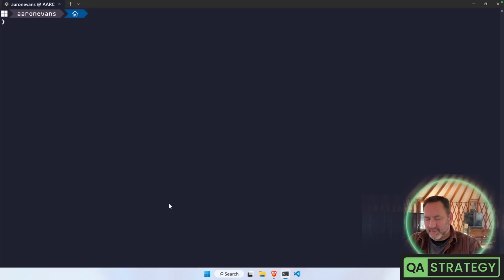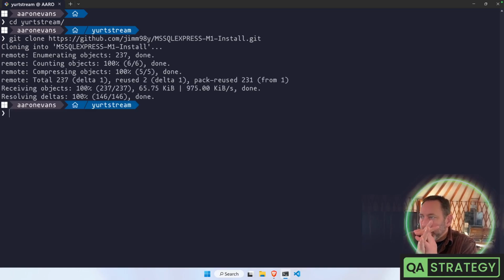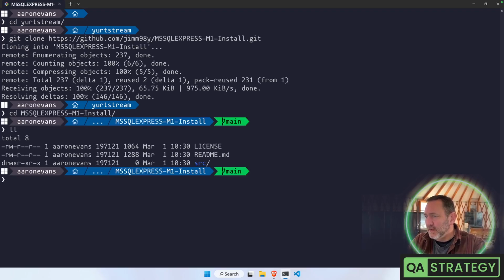So open up our terminal, git clone, grab this URL. Anyway, this is patched installer scripts for Windows on ARM for SQL Server Express and Developer Editions. So if we go to here,